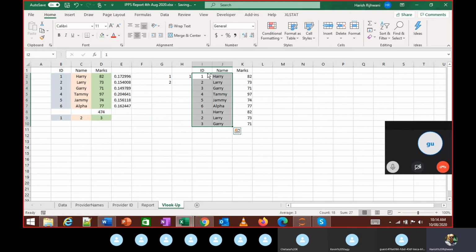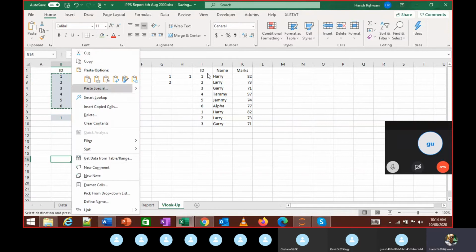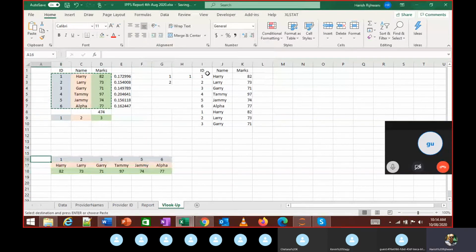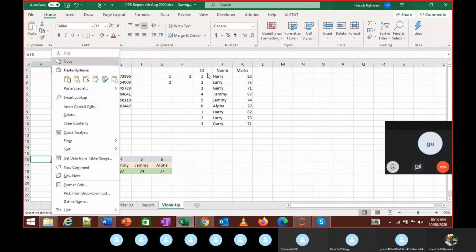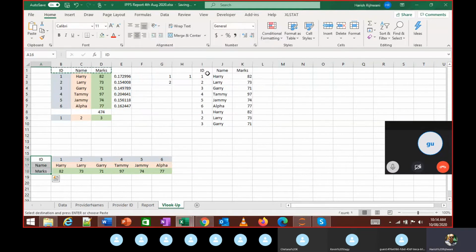Now, in the same way, like you have VLOOKUP, let's say I have the data not this way, but like this. It is the same thing. I still have the same data, but it's a horizontal row.